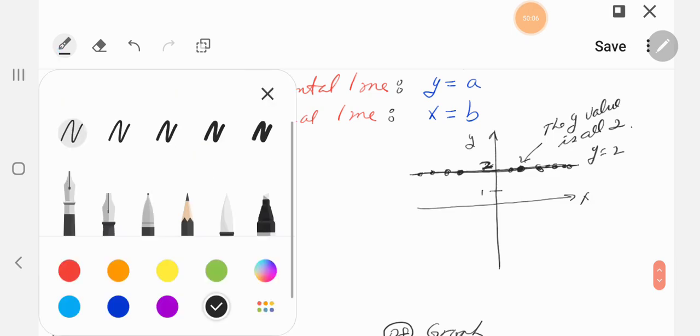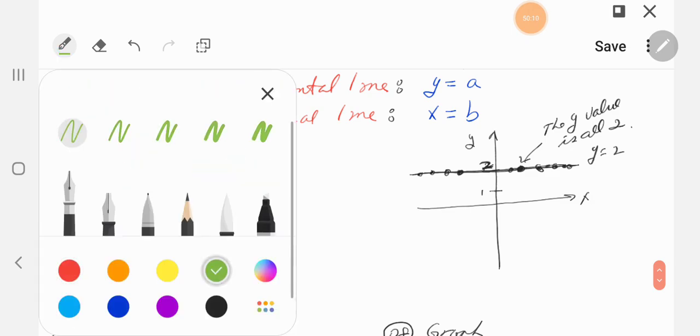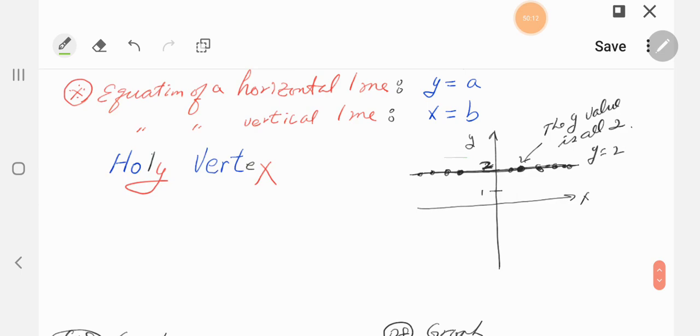All right, how about the vertical line? For the vertical line, let me use a different color, this one. This is the vertical line, right? Let's say this point is negative 4. The vertical line is formed by connecting all the points, and each point on the vertical line has the same